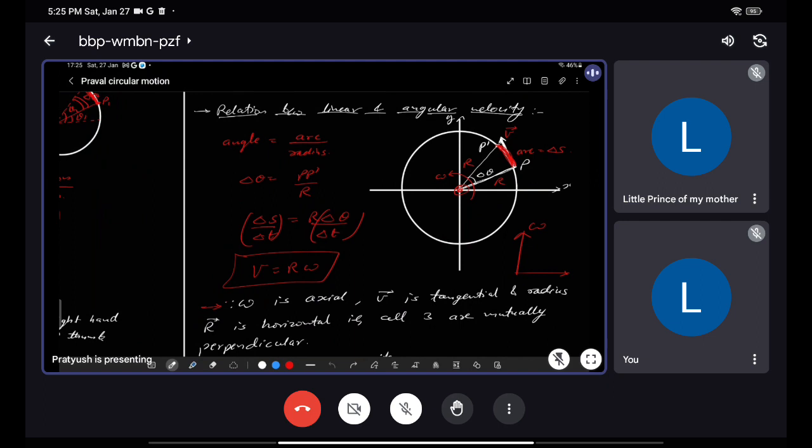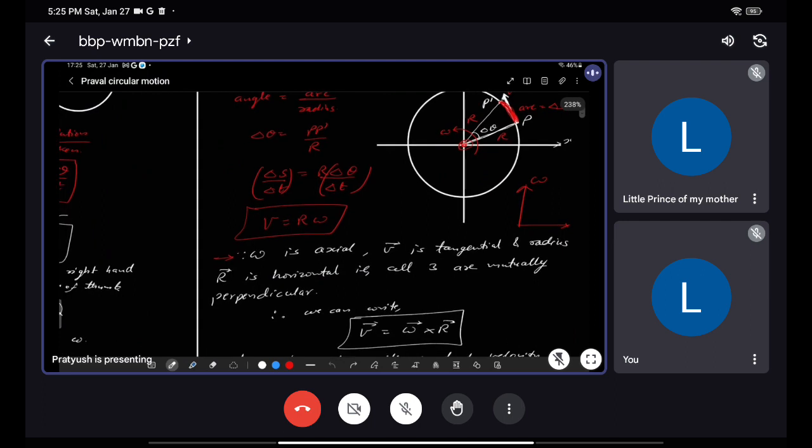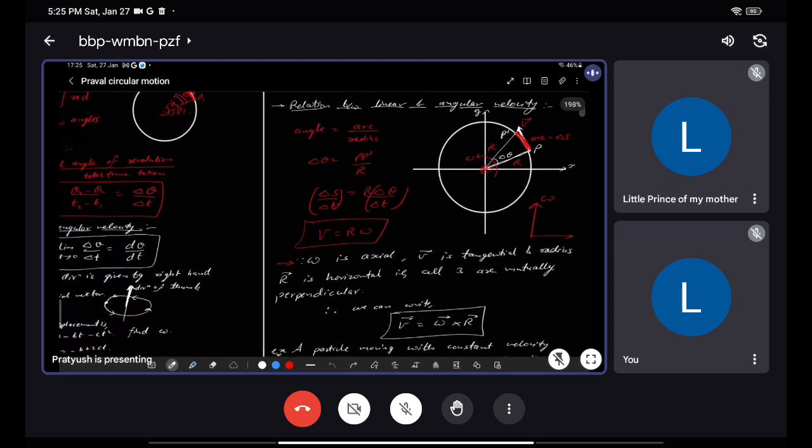Arc covered divided by radius of the circle. So angle is equal to arc upon radius. Now we divide both sides by time t. What do we get? We will get v equals r omega,